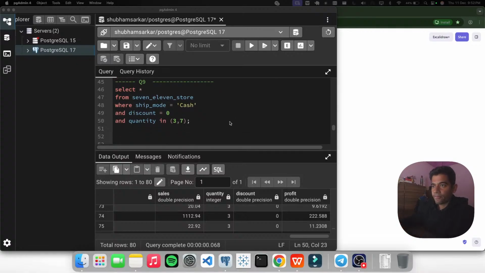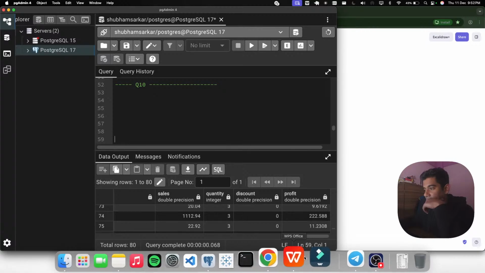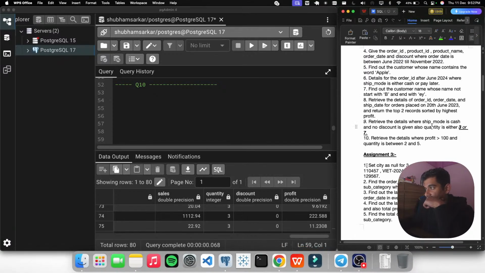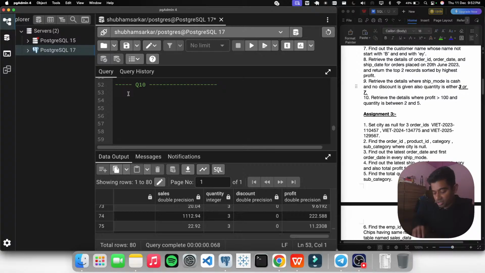Okay. In the meantime, let us do question number 10. So let's see what we have in question number 10. In question number 10, we have to retrieve the details where profit is greater than 100 and quantity is in between 2 and 5. Okay, simple. So the question is,